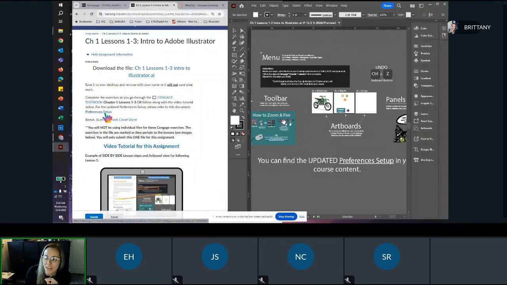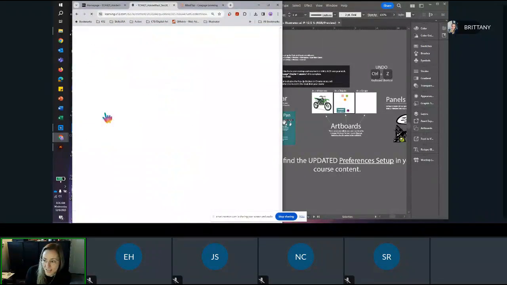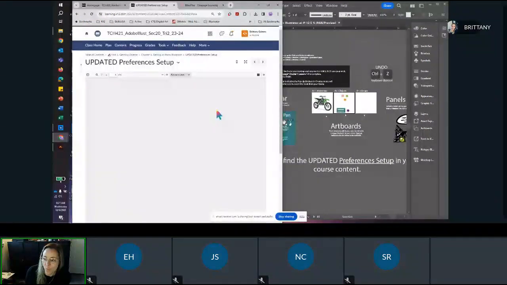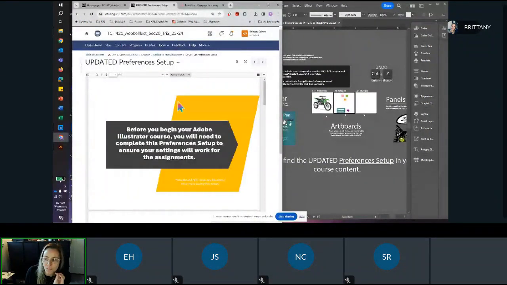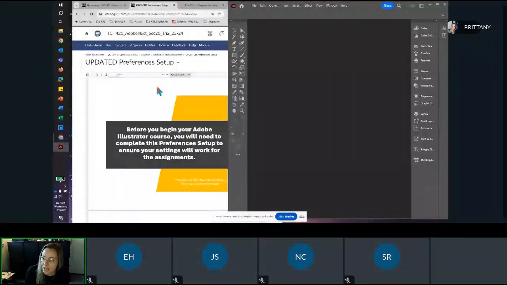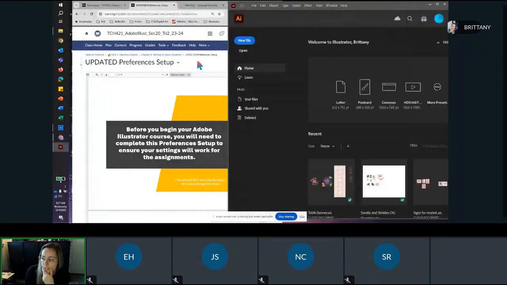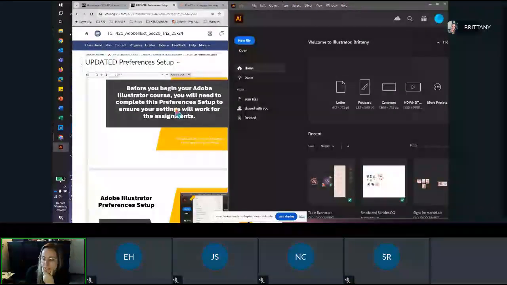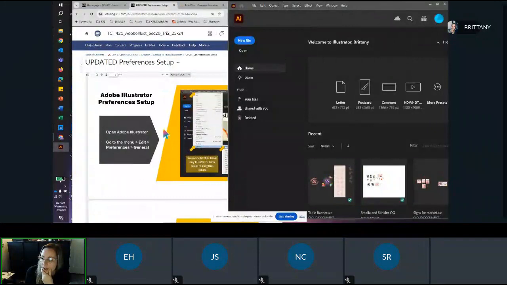So I have made this preferences setup sheet so that we can make sure that we have the same screen. So we're going to go through that right now. First thing I'm going to do, I'm actually going to close my file. I'll reopen it. But you don't want any files open while you go through the preferences. All right, so